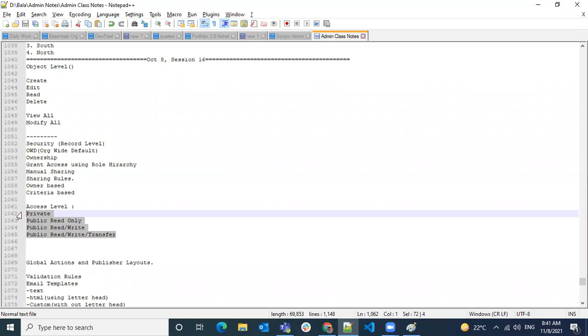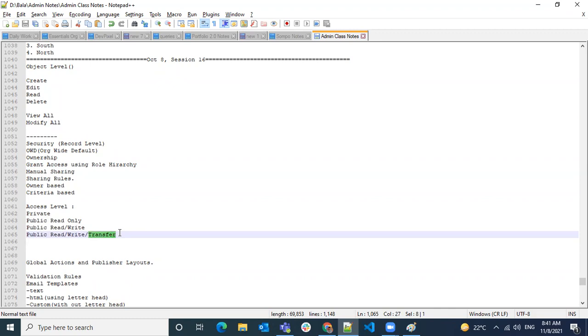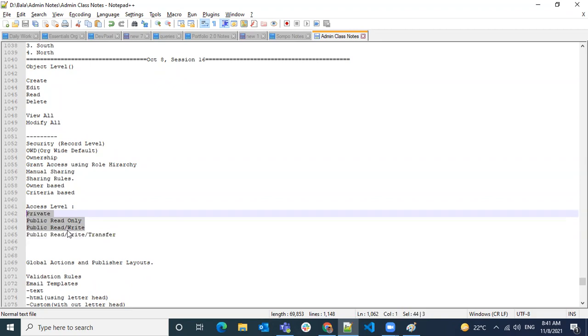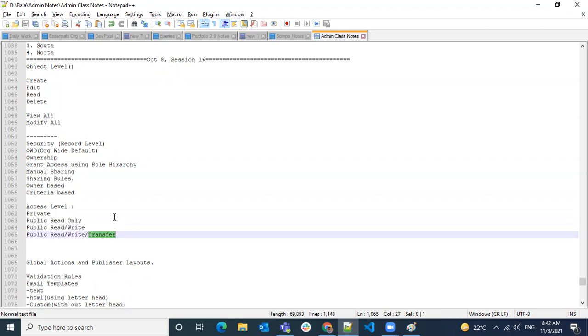These are the different levels of access we can control in the org wide defaults for each object. The transfer option is available only on a few objects, not every object. For every object you will have private, public read only, and public read write. These are three different levels of access. Transfer is limited to some standard objects like lead and case.